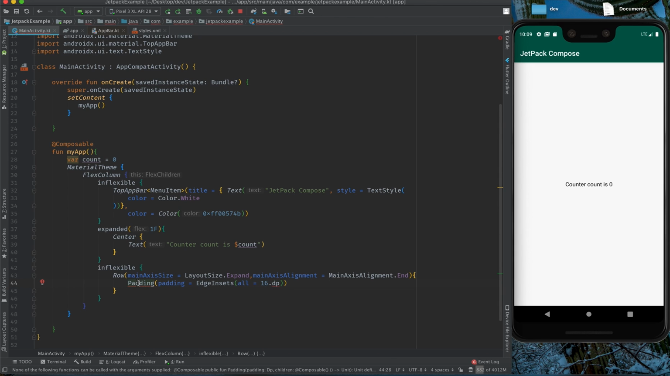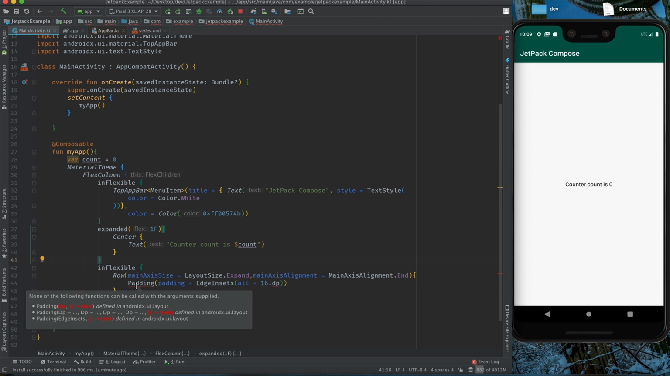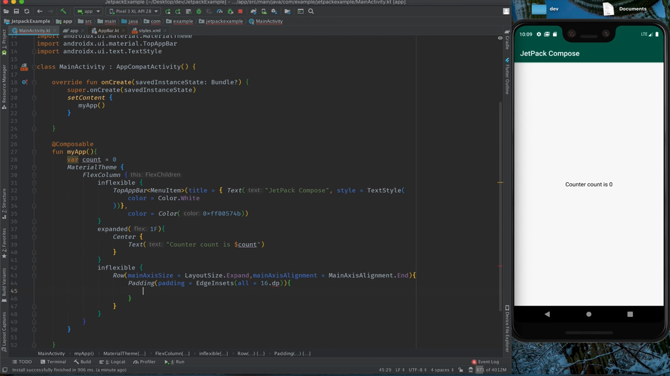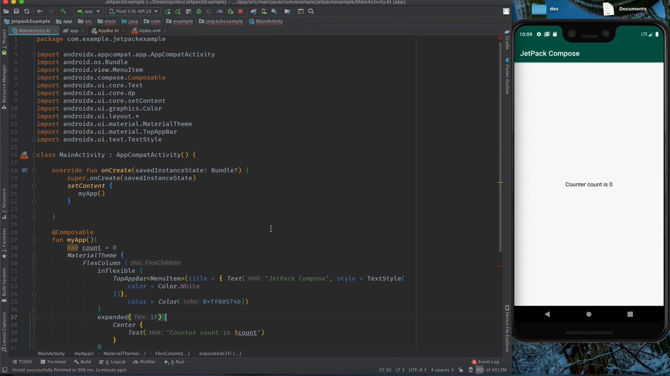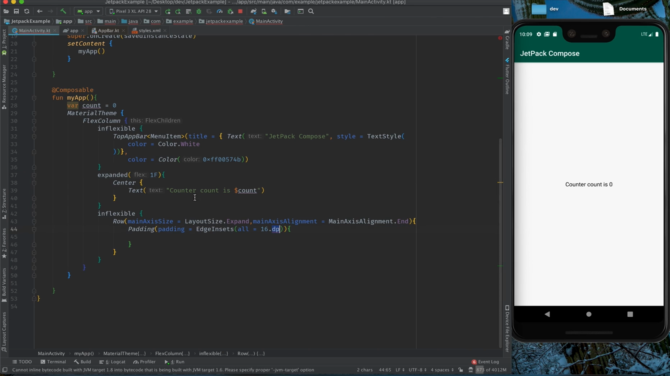Let's see, we need to import this padding as well if I'm not wrong. Okay, yeah, so dp, we need to import the dp if we can do that. Okay, we have the dp. So yeah, it will give me some error. It will say that